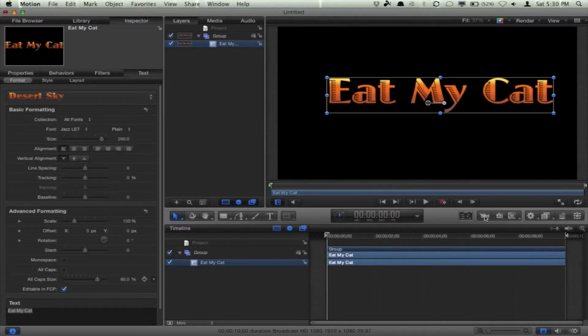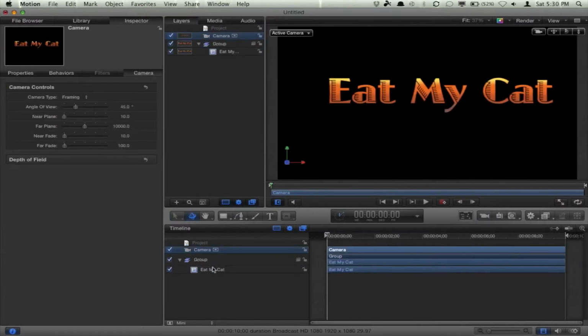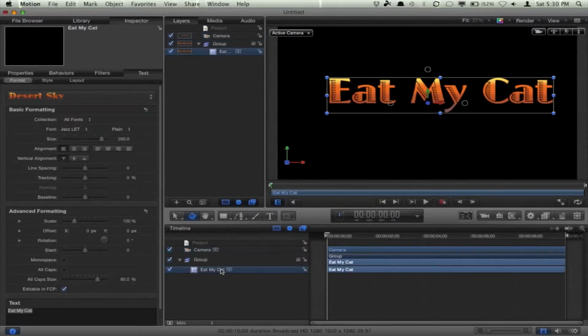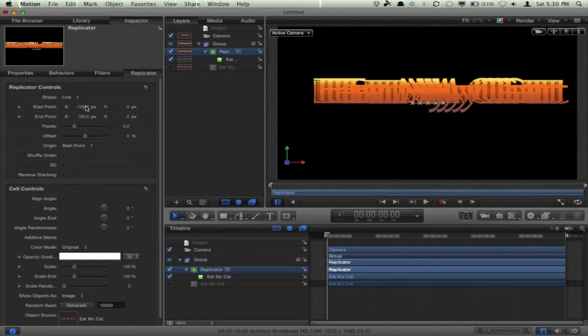The next step in the tutorial in this effect is to create a camera and change everything to 3D. So, next step is what actually makes the text 3D. It's not true 3D, but it looks like 3D and has the effect of 3D text. What you need to do is create a replicator using your former text as the cell. It looks all jumbly, so what you need to do is change the shape to a line, and it'll change all of the replications of the original text to just put them in a line. Then change everything to 0,